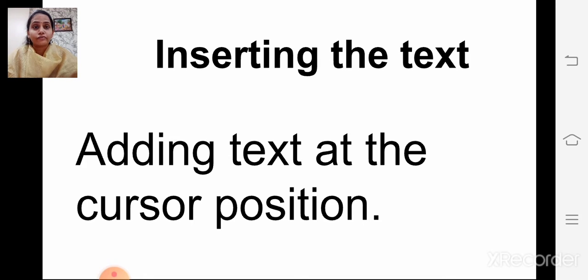First, you have to keep the cursor at that position. Cursor means the blinking, standing line in the document. Keep it at the point where you want to add, and then start typing the text. It is called inserting text. I will show you how to do that.